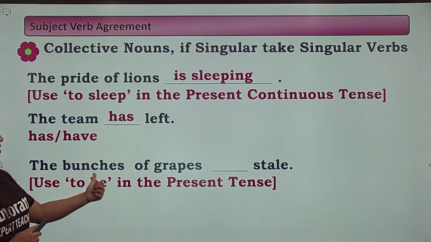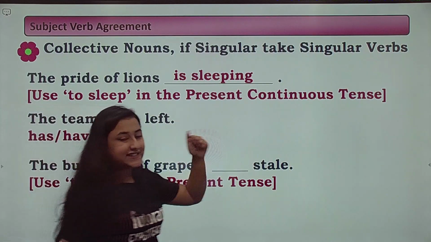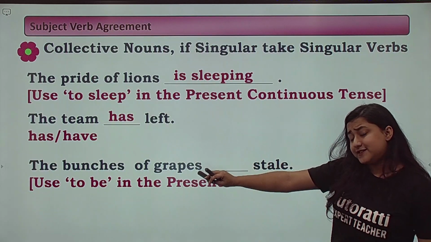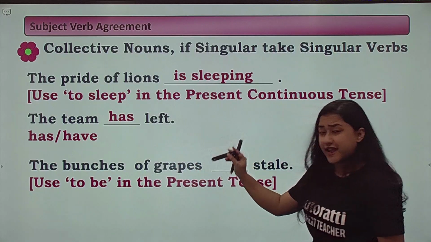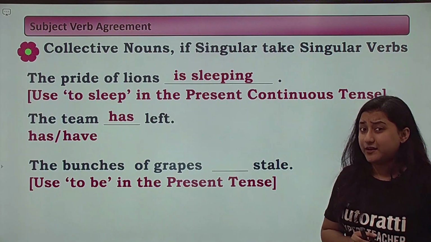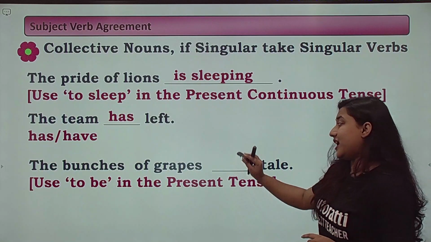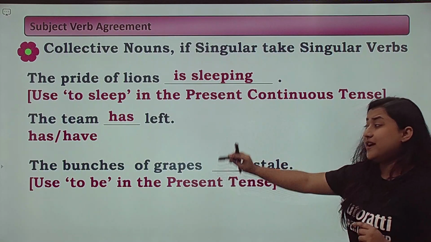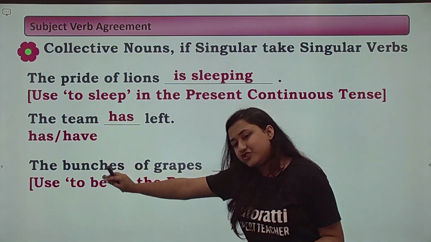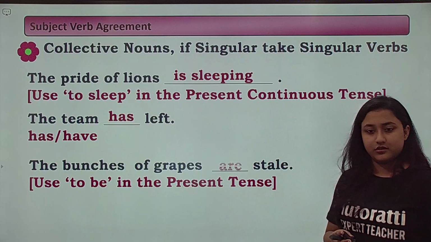The bunches of grapes dash stale. Now here, अगर sentence ऐसा होता the bunch of grapes, meaning जितने भी grapes हो, but we are talking about only one bunch, right, तो तब होता is stale. But here we are talking about various bunches, many bunches, so the bunches are stale. Okay,